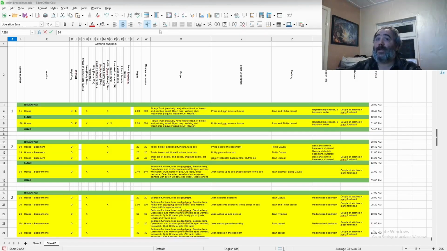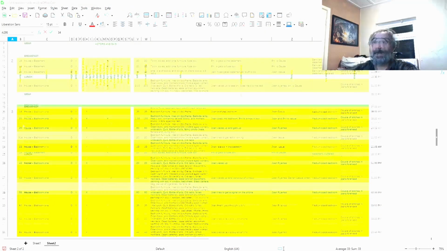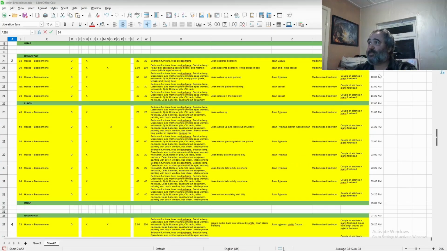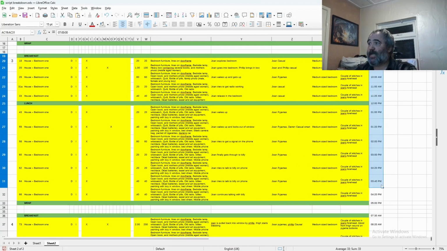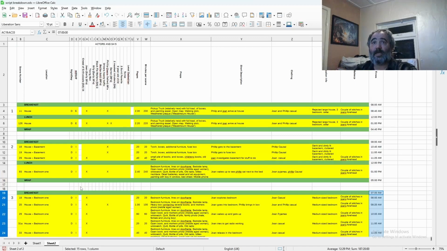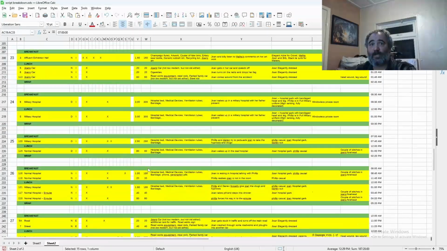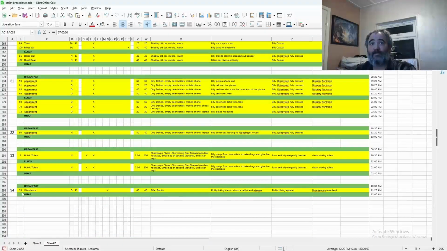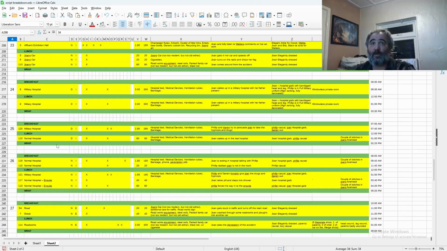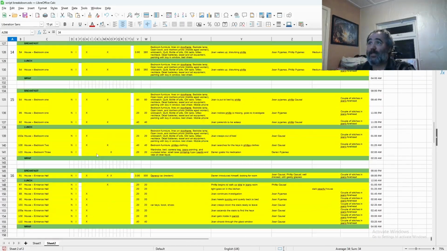Okay guys, welcome back. As you can see now, I've completed what I was going to do. I've separated each film into its own day. I've put the times on, shooting times, based on the number of minutes each scene's going to take. And that's basically it for this section. So we now know, for example, that we've got 34 days worth of shots, and we know exactly where we're going to be on what day,